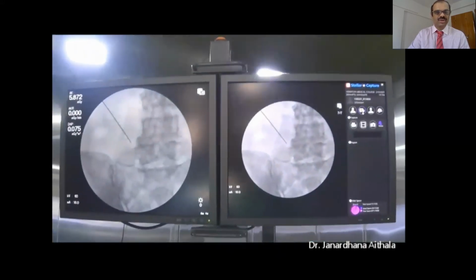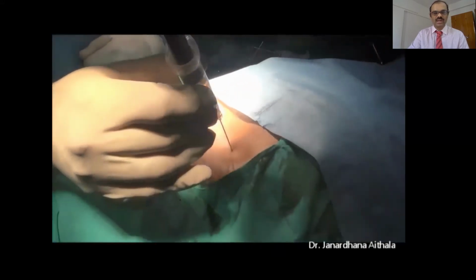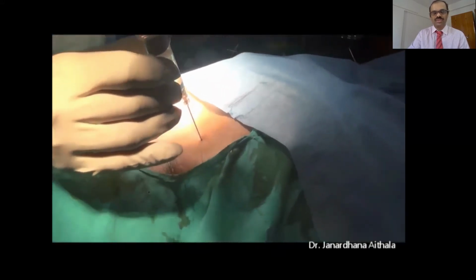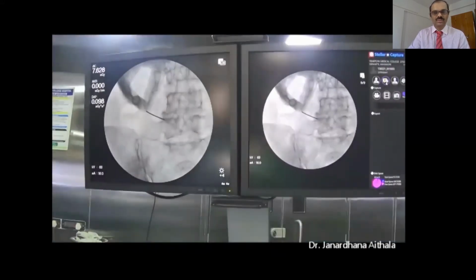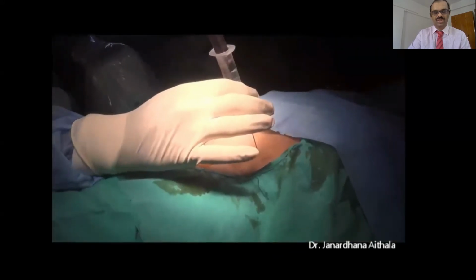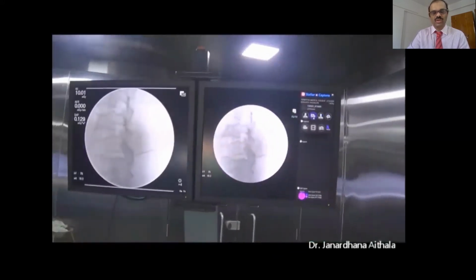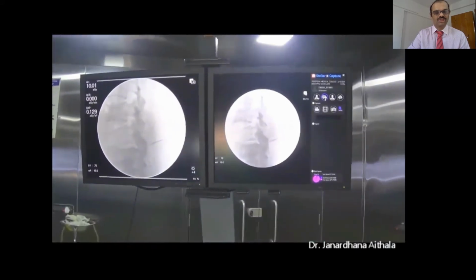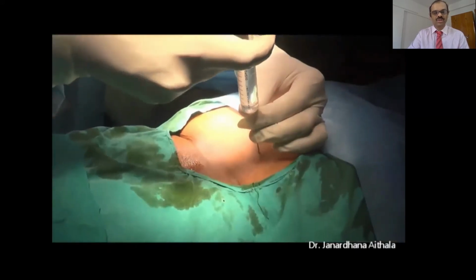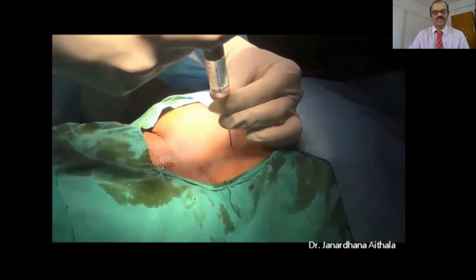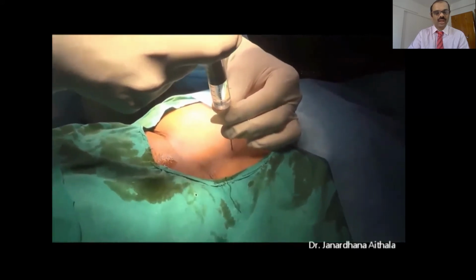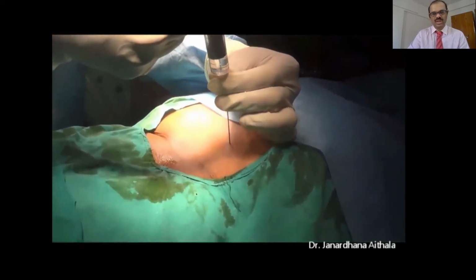Patient is on monitor. Local anesthesia is infiltrated using the spinal needle. Again, the position is confirmed with the image intensifier. And you can see that we are targeting the superolateral corner of the oval shadow on the AP view, and it should just touch the entry point in the lateral view. Local anesthesia is infiltrated, 2% xylocaine.